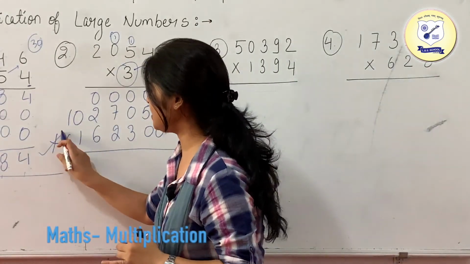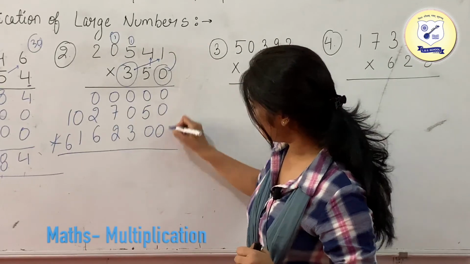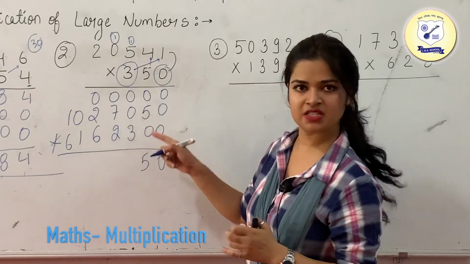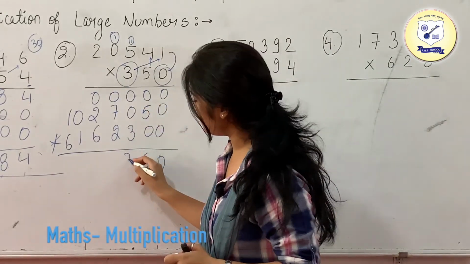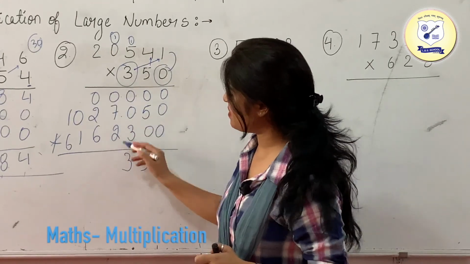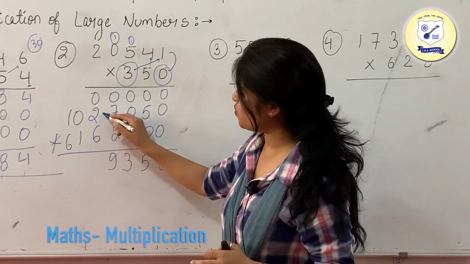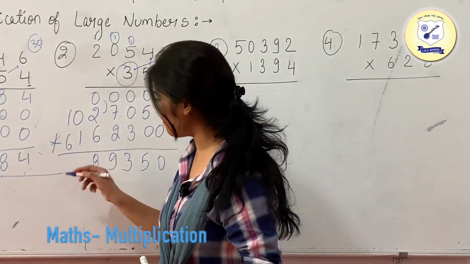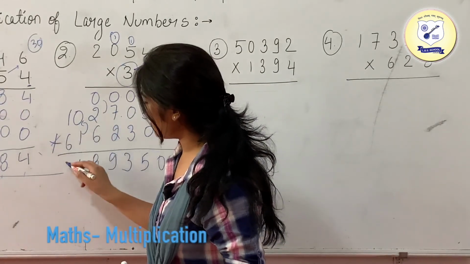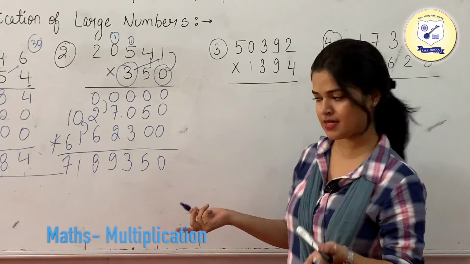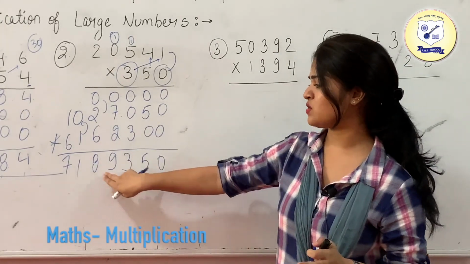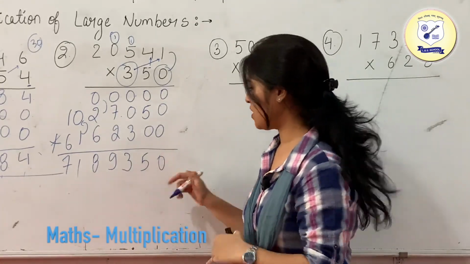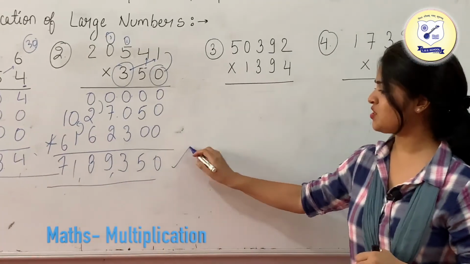So start adding these numbers. So this is going to be, these all are 0. So this is 0. 0 plus 5 is your 5. 0 plus 3 is your 3. 0 plus 7 plus 2. 7 plus 2 is 9. 6 plus 2 is 8 plus 0 is your 8. If you are adding 0 in any number, your answer is going to be the same number. 1 plus 0 is 1 and 1 plus 6 is your 7. So your answer is 1s, 10s, 100, 1000, 10,000, lakh and 10 lakh. So it is going to be 71 lakh 89,350. So this is your answer.